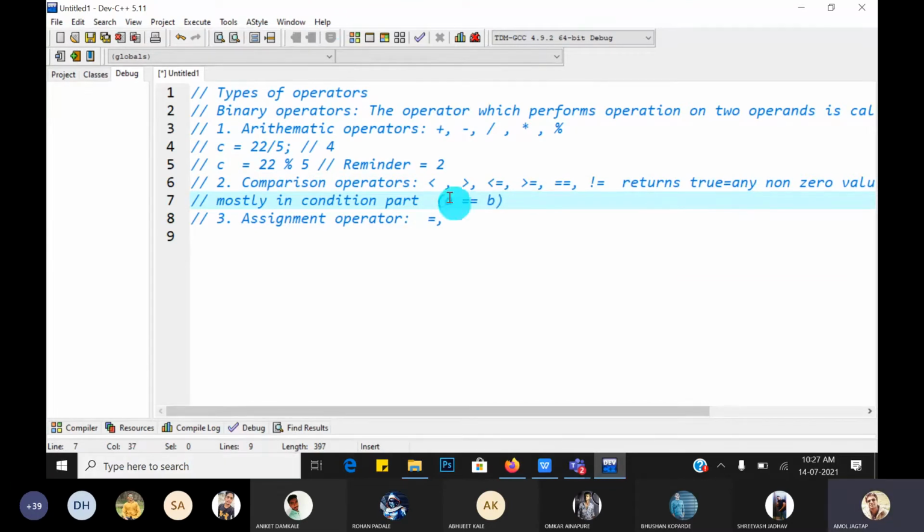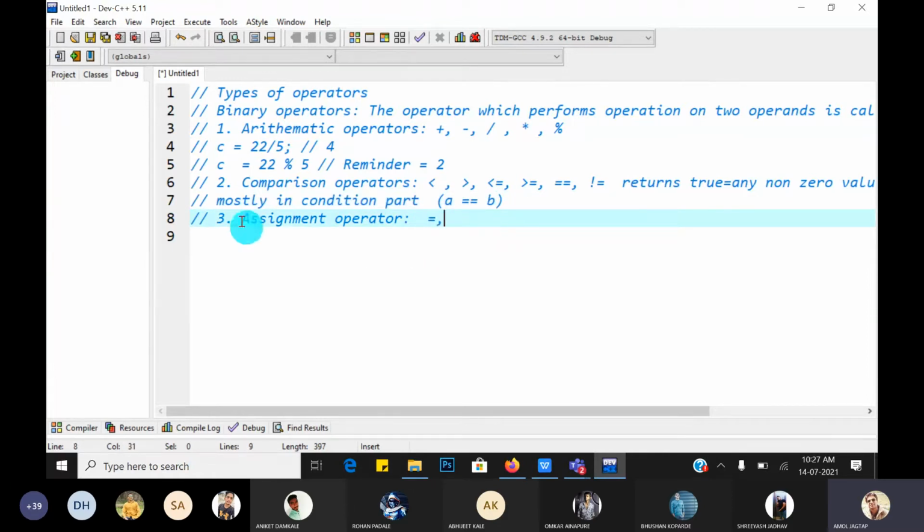Suppose A's current value is 10 and B's value is 20. Double equal compares operand A and operand B and returns true if both are equal, otherwise it returns false. A single equal is called the assignment operator.